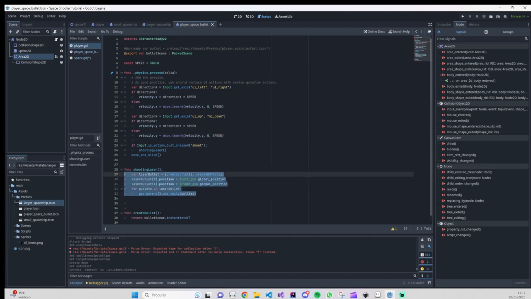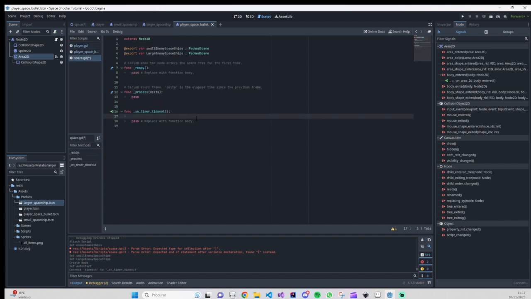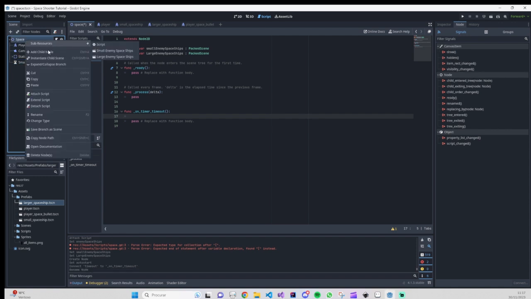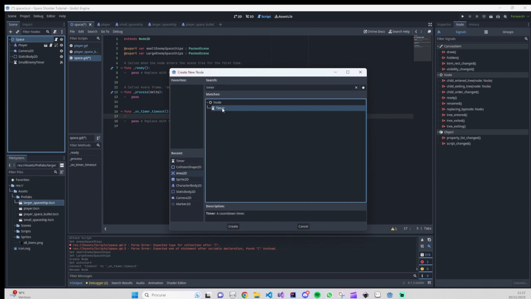Okay, so let's go to our space script and let's do instantiate on timeout. So this timeout will be for the small, let me just change the name, small enemy timer, and we are going to add a second one for the larger spaceships,